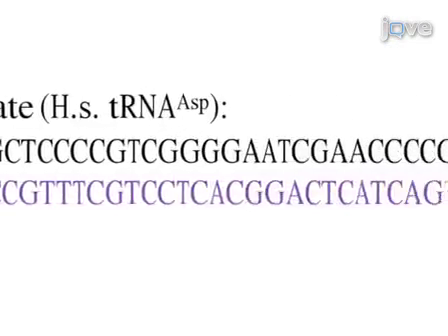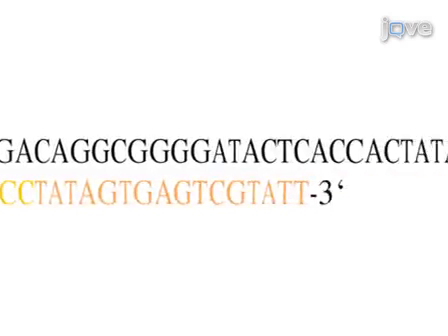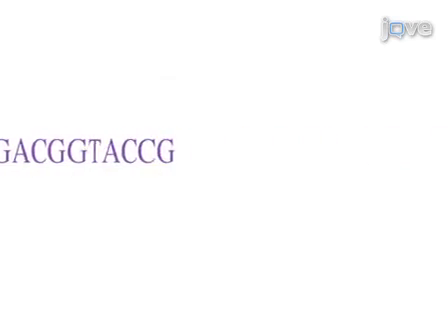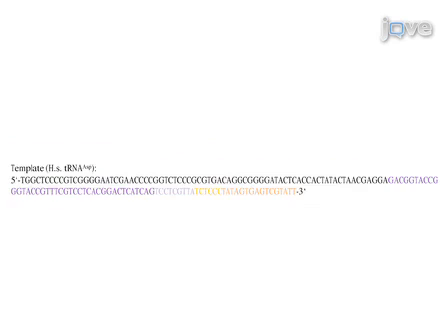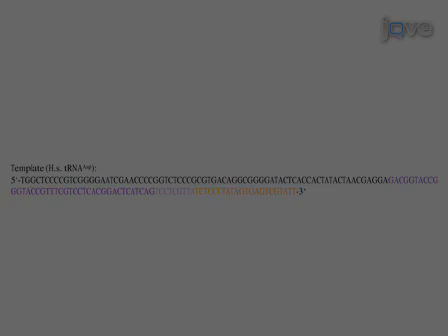This part of the procedure describes an in vitro runoff transcription which can be used for the synthesis of any tRNA. For this purpose, a DNA template was designed with the complementary sequences of Homo sapiens tRNA asp and hammerhead